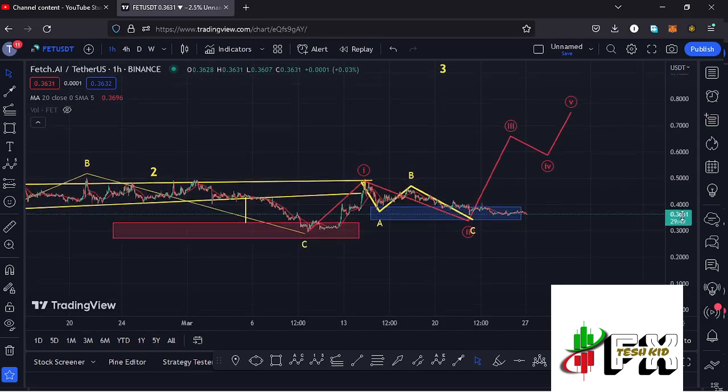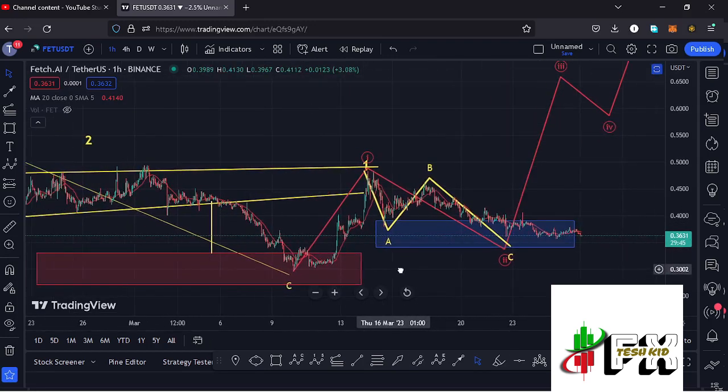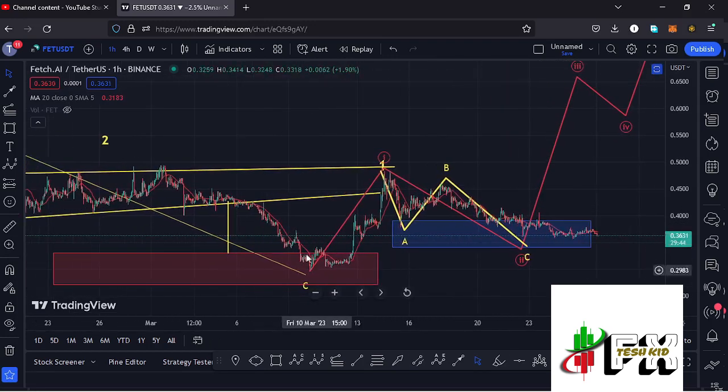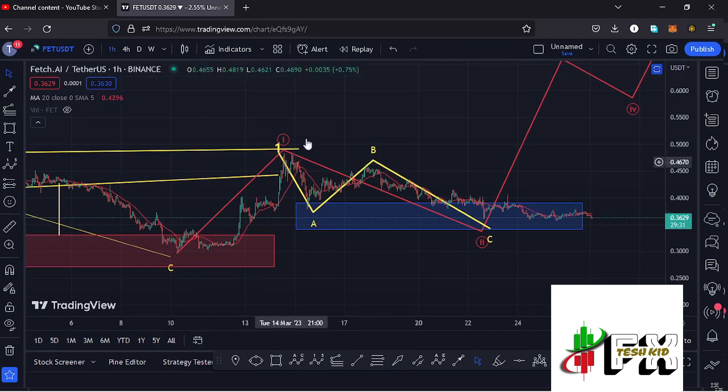Here on the 1-hour chart, you can see that after seeing our low in the formation of this wave 2 within this red target area, we started this massive run up to the upper side in the formation of that larger Elliott wave count 3, where we are seeing this Elliott wave structure in red, which is a fractal wave within the formation of that larger Elliott wave count 3, where we have now peaked in the formation of that first wave, and whatever we are seeing at the moment is the corrective structure to the lower side